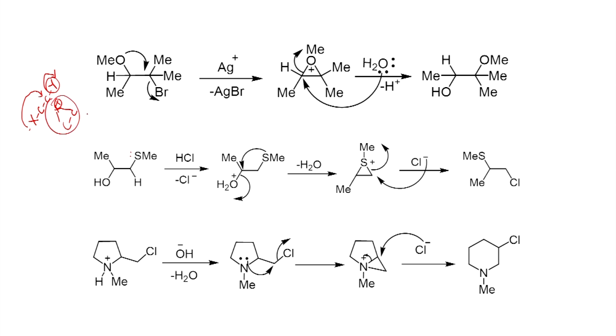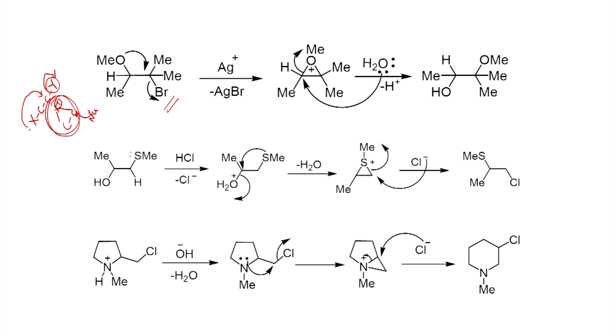Once you form the cation intermediate, the nucleophile can now react. If you have a symmetrical substrate, you will get the same product. If the cation intermediate that you generate is unsymmetrical, then the nucleophile tries to react with the carbon which is less hindered, less substituted. Therefore, there is a possibility of rearrangement in this reaction. Now, let us look at the first example.